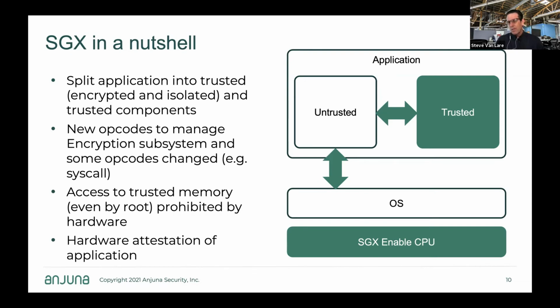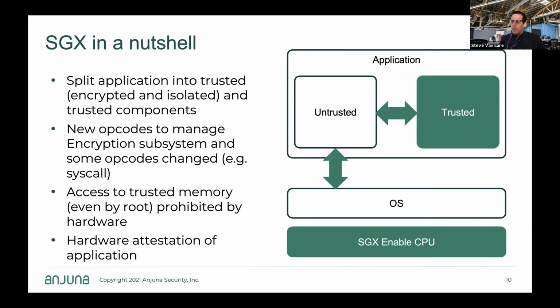They went to the level of saying, if the operating system is not part of the circle of trust, and the things that are green on this chart are the things that are encrypted, if the operating system is not part of your circle of trust, your trusted code base, then you don't want unlimited access from the trusted environment to the operating system. So there are roughly about 20 opcodes that are prohibited inside of the enclave. And then there's a bunch of new opcodes that have been created that enable you to get inside and outside of an enclave and deal with registers and deal with cleaning data